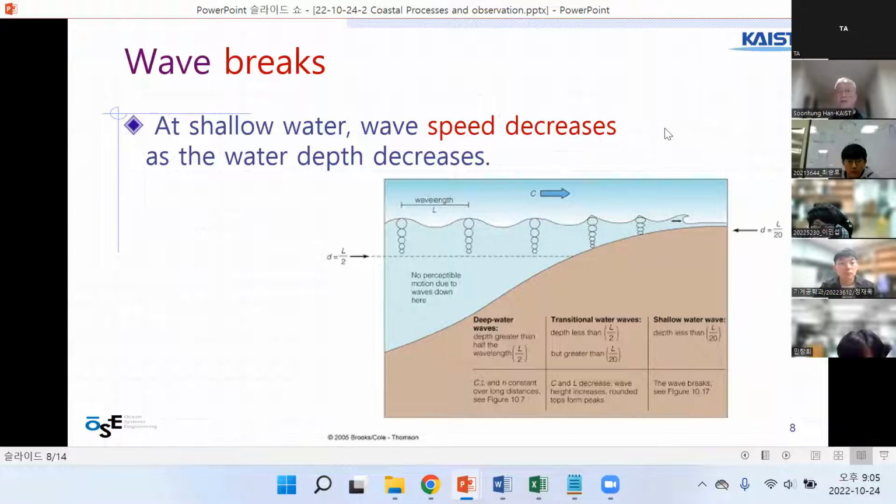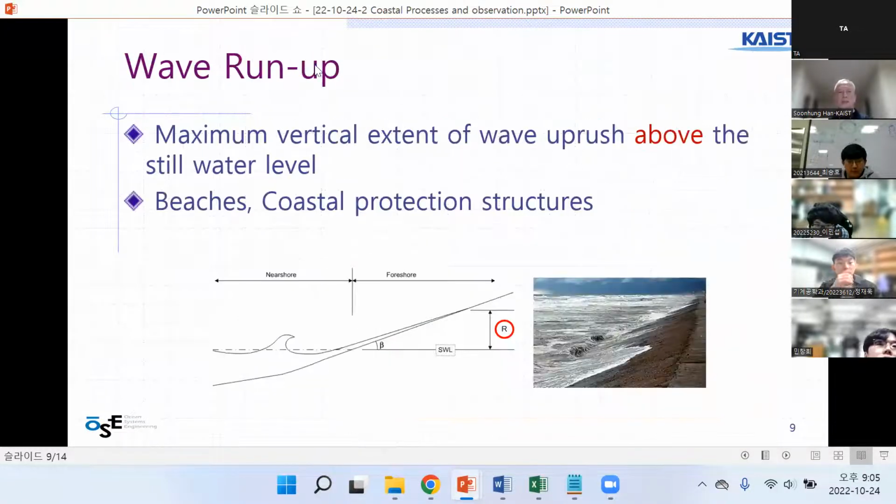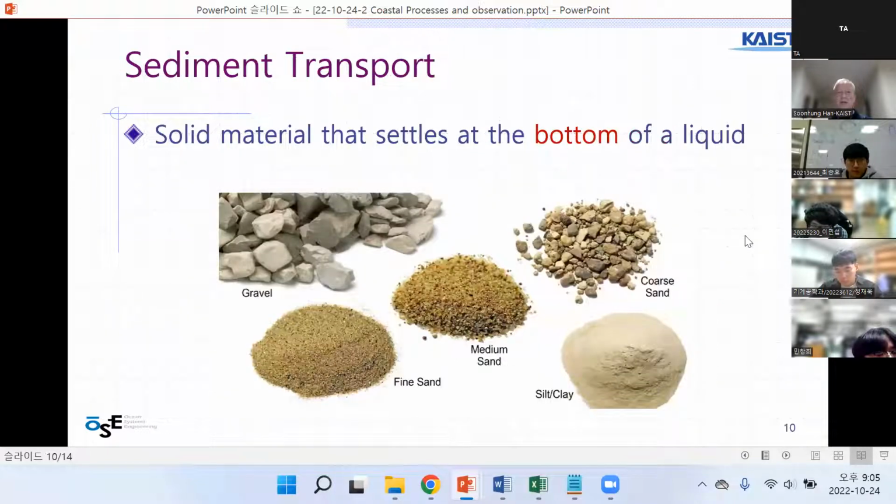And the wave run-up is the maximum vertical extent of wave uprush. The wave is coming toward the sand, so we can see this kind of phenomena when we reach a sand beach. The beaches and coastal protection structures need to think about this phenomena. So R can be the size, and sediment transport,